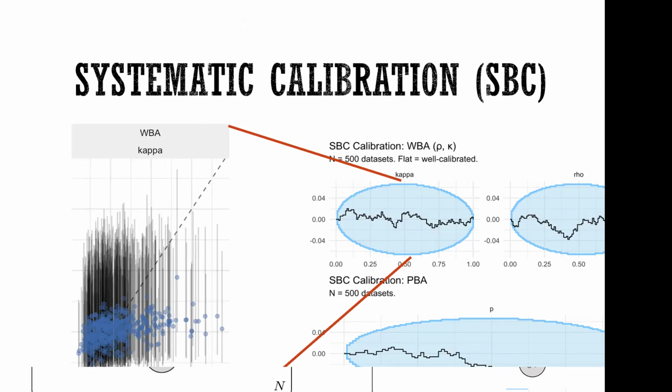The calibration check is telling us, are the estimates systematically biased in their value or their confidence? And if we look here, there's a bunch that are above, there's a bunch that are below, and they actually balance out. So there is no systematic overestimation of kappa or underestimation of kappa. They're all bad, but bad in all directions. Does that make sense? Yes, Christian?